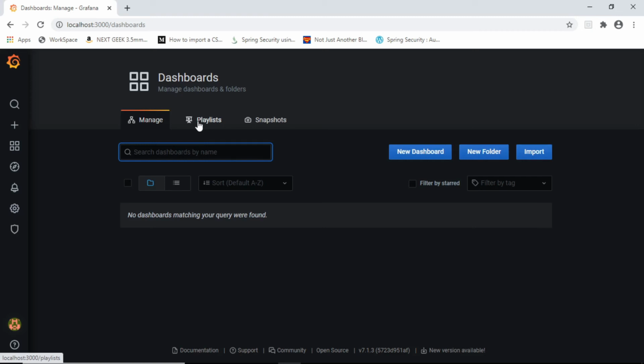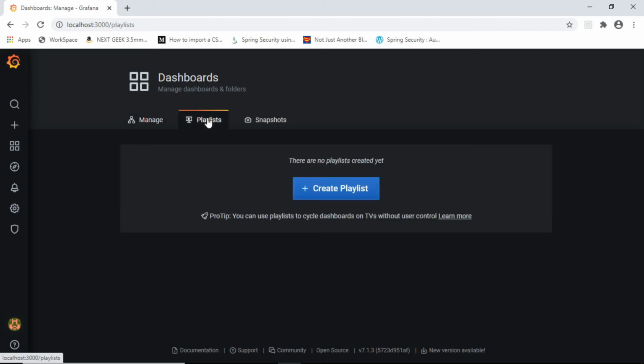Along with this, manage dashboard gives you two more facilities or utilities, I would say. One is called a playlist, where a playlist in Grafana is the way by which all the dashboards that you have created will be displayed to you in sequence as a part of the list. You might use a playlist to build situational awareness or to present your metrics to your team or your visitors.